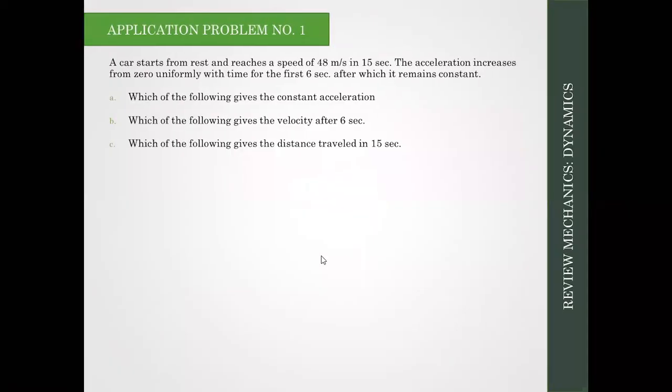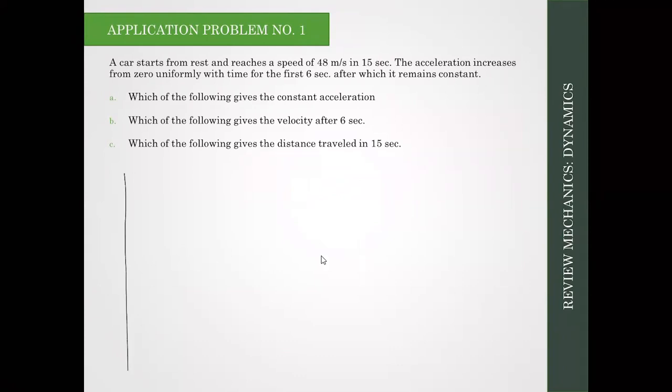So, a car starts from rest and reaches a speed of 48 meters per second in 15 seconds. The acceleration increases from 0 uniformly with time for the first 6 seconds, after which it remains constant. Which of the following gives the constant acceleration, velocity after 6 seconds, and distance traveled in 15 seconds? So, basta alam mo lang yung pagkakasunod-sunod nung tatlo, no? Pwedeng